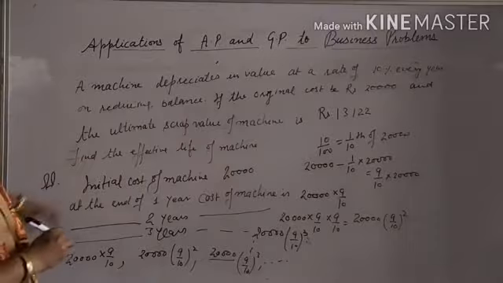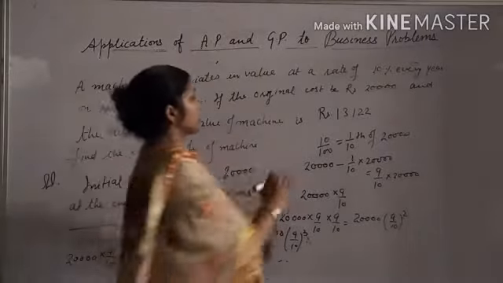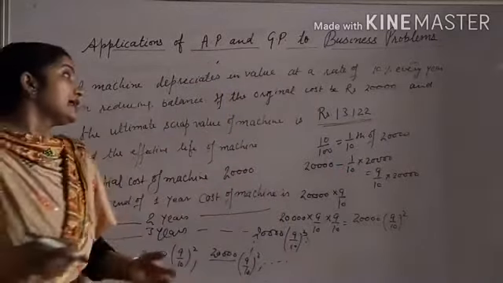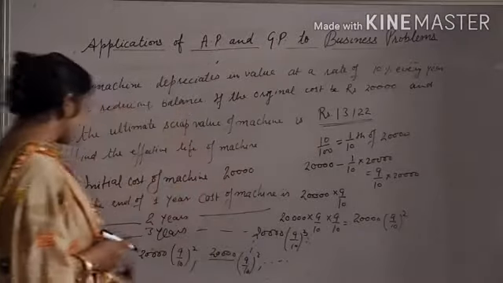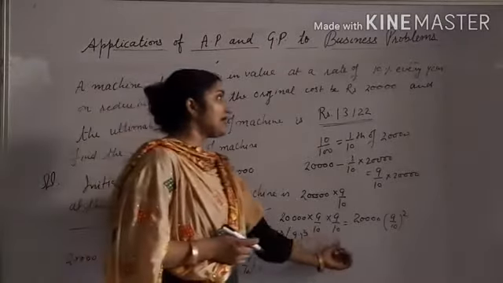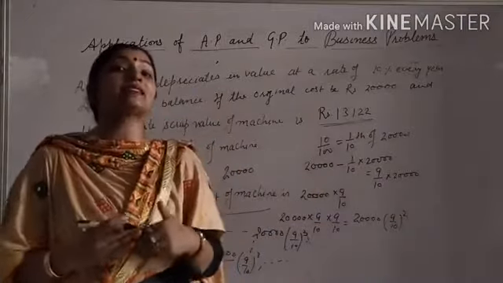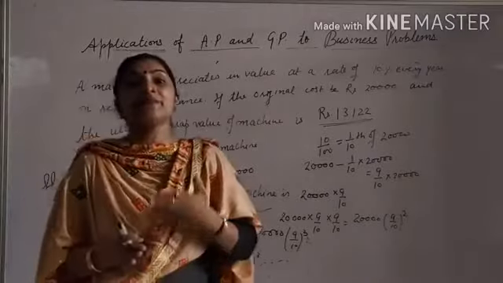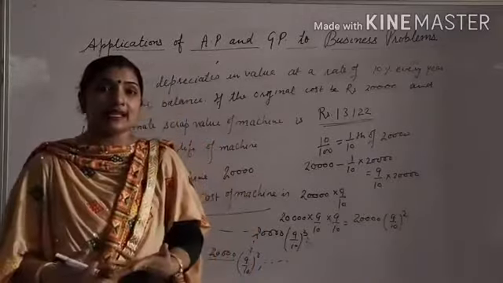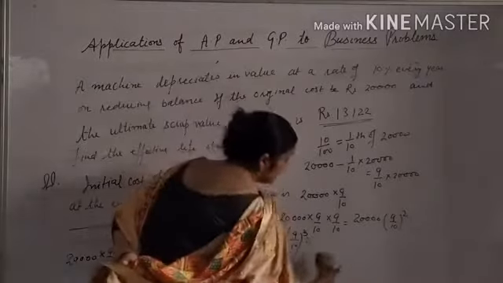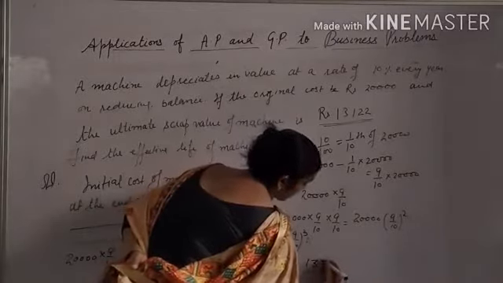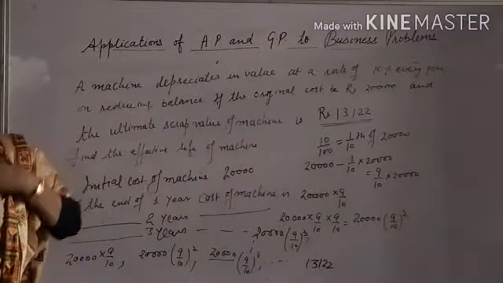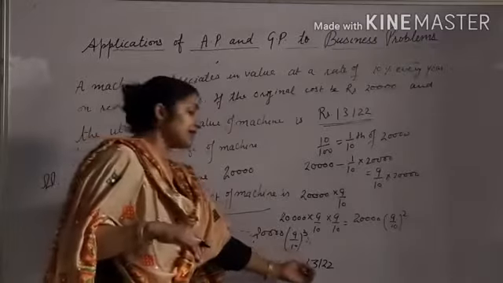Now what is given here is the scrap value, that means after which no depreciation will be there, the machine is of no use. In this expression the first term is this, the second term is this, and the nth term is the value at n years. You have to find the life of the machine. So let the life of the machine be n years, and at the end of the nth year, the value of the machine is 13122 rupees. That means you have to calculate the value of n, and you are given Tn.